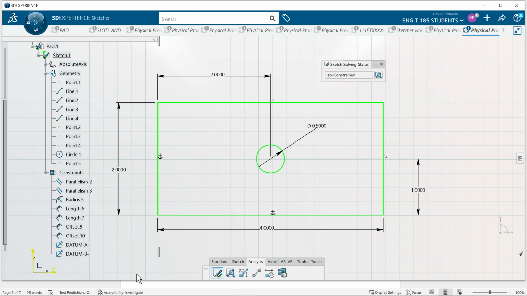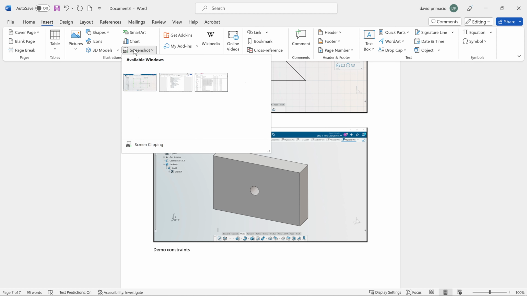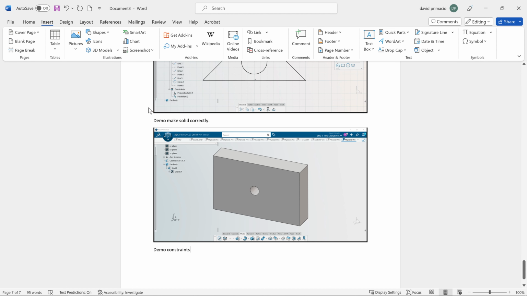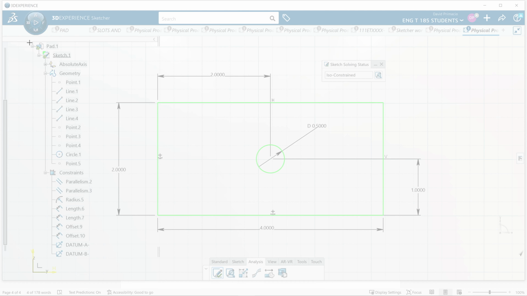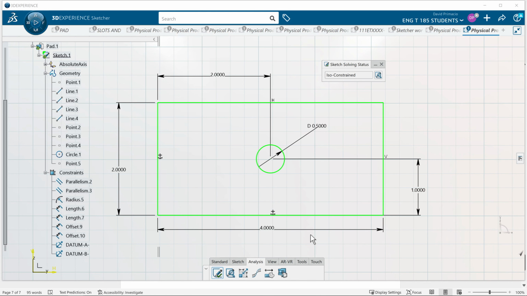Honestly, it's a little bit easier for me to see if you do a snapshot of that. But you can also, I should be able to see it, I think, if you just go to screenshot and click on this one. But just to make it easier to see, if you hit screen clip this so that I can see the specification tree matches my specification tree. Just to make it look good here. I want that specification tree open so I can see you rename datums A and B, and I want that constraint to show up. So when I go to my Word doc,